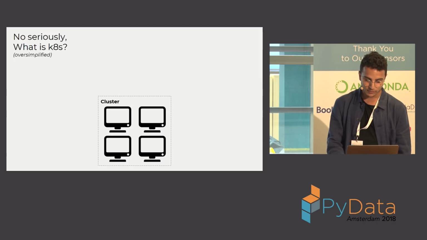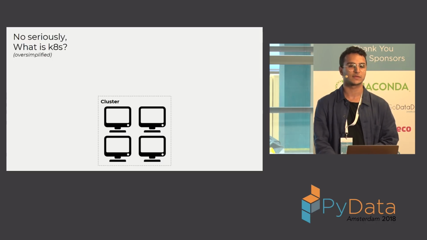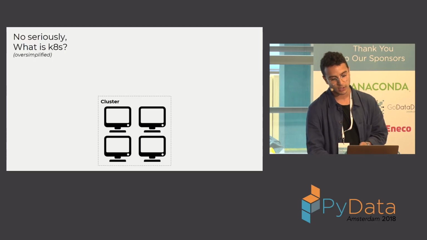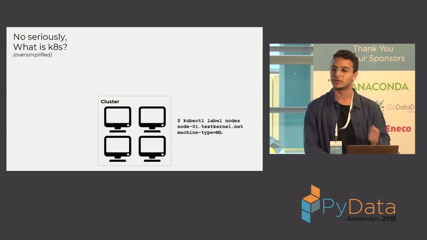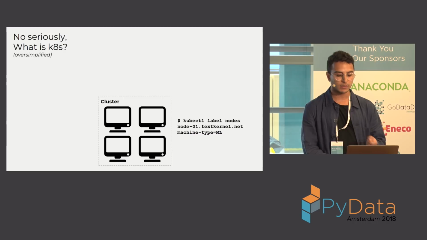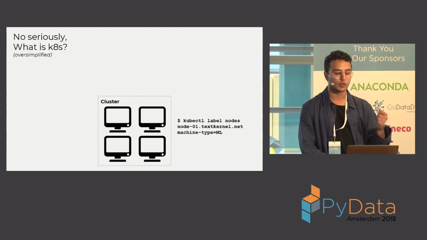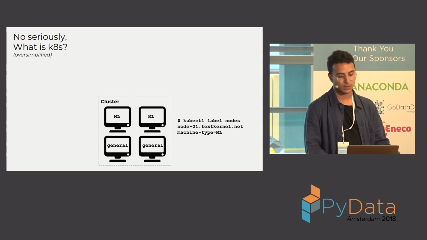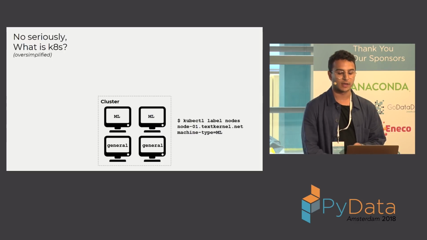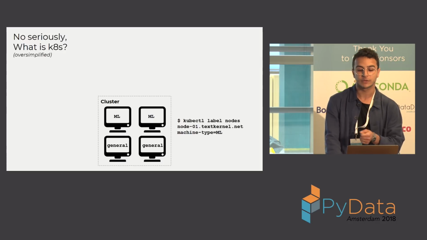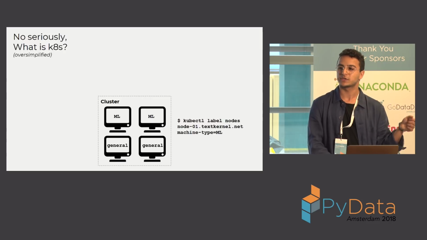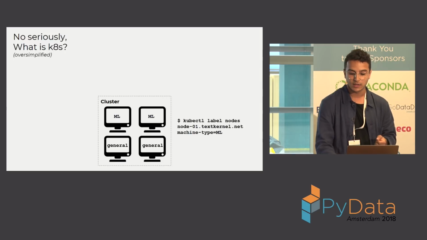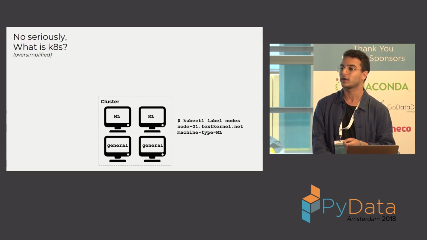So let's imagine that we have a cluster, right? You have some nodes, and these nodes have Kubernetes installed on. So it's a framework that manages these nodes, this cluster. The idea is that I can actually give labels to these machines. So I can say, label node number 1 of type machine learning, which means that node number 1 can hold machine learning workloads. So why is this useful? Because then I can make the scheduler know which machines to use according to the workloads I'm getting. So if I know that that's a CI/CD job, it doesn't really have a priority, so run it in a low priority machine. Or that's a microservice and it requires some sort of specs, then I know where to run this, because then I can tell the scheduler what kind of machine to run on.